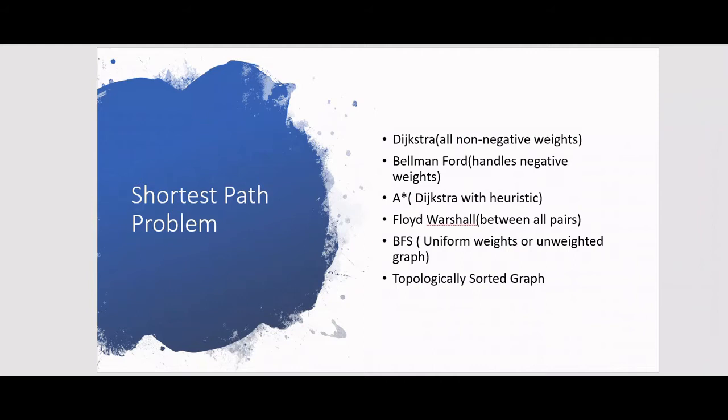Then in the end, I'll be talking about topologically sorted graph. It actually orders your node in the order of what came before and what came after. So if you are in software industry, you must be doing builds. Very first thing you need to do is to build all the dependent artifacts, and then you go on building the next level of artifacts till your main artifact is built. So there is a dependency over there.